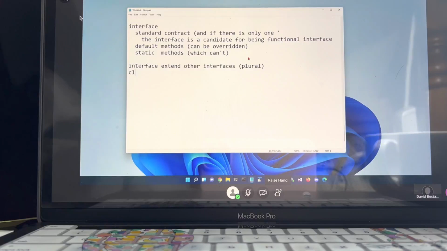Now, a class can extend other classes. No, I'm sorry, another class. And possibly implement many interfaces.